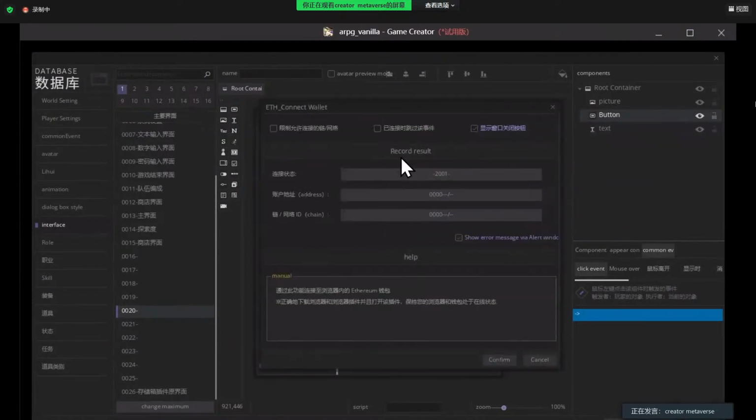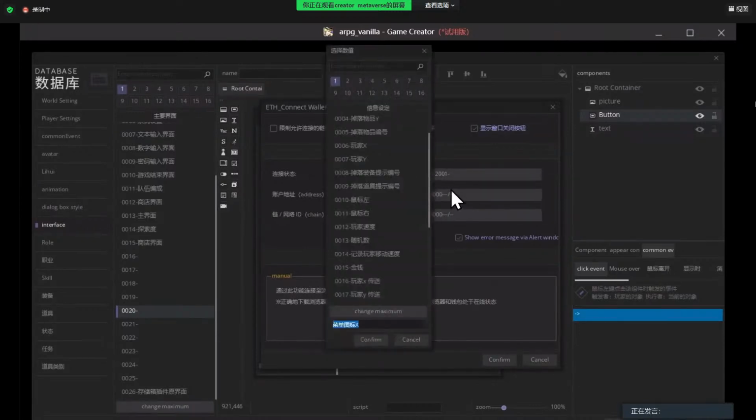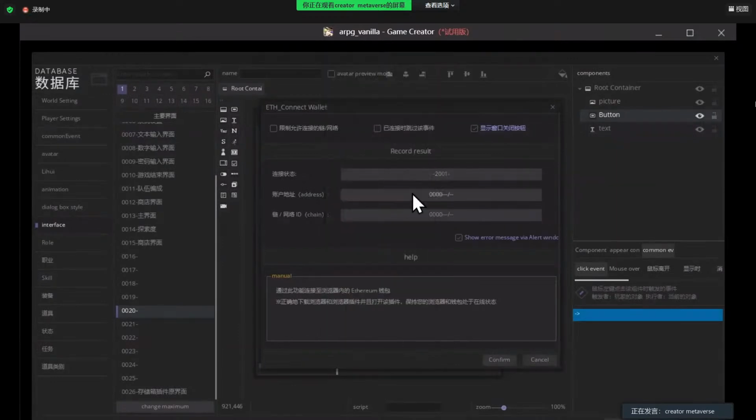All right, now we configure all the parameters to connect to the wallet. The first parameter is the connection status. This means after the connection with the wallet, it will write down the connection status into these variables in the game.